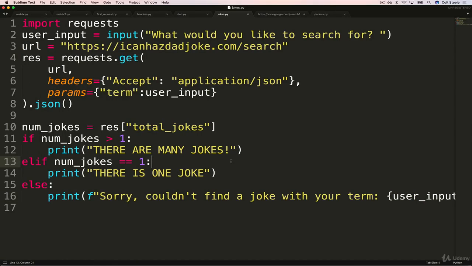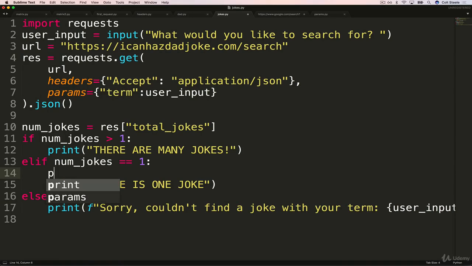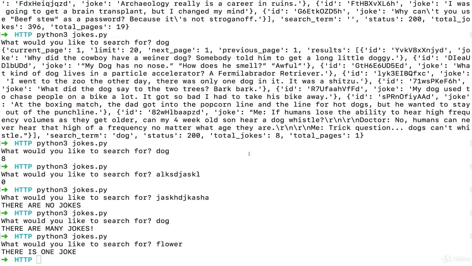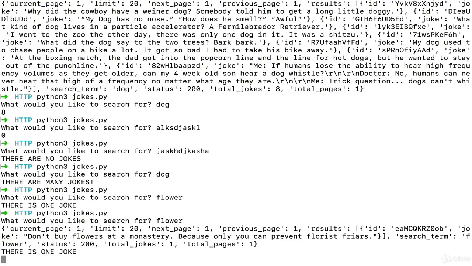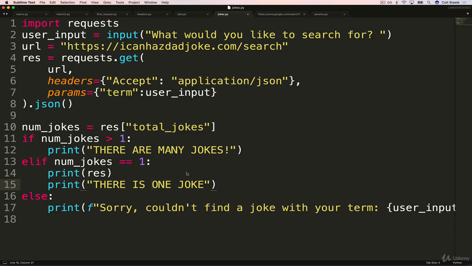If there's exactly 1 joke, let's just also print res, just like this. So we can analyze the way that the response is sent. So let's try that again with flower. And you can see if there's exactly 1 joke, it's still inside of something called results, and it's a list, but there's only 1 item in that list. So it still sends it in a list.